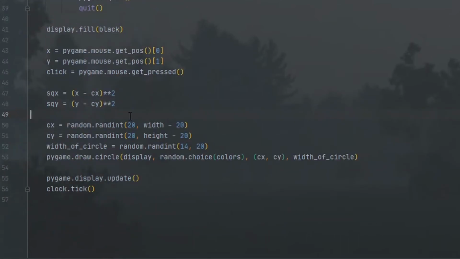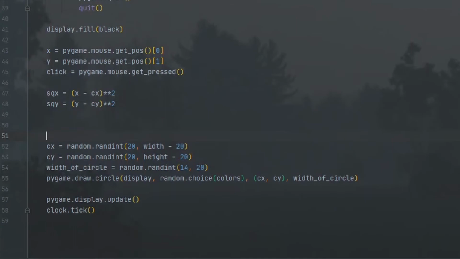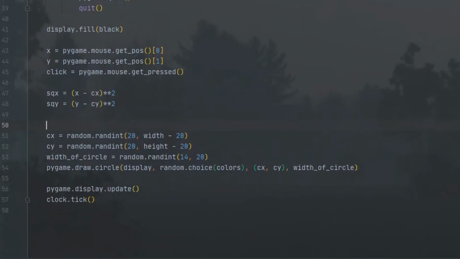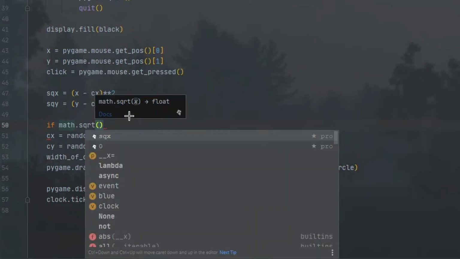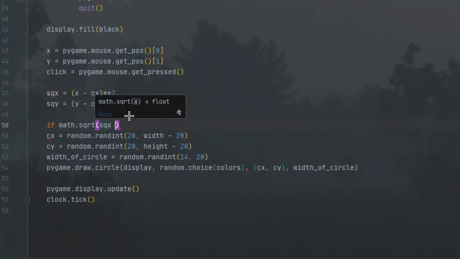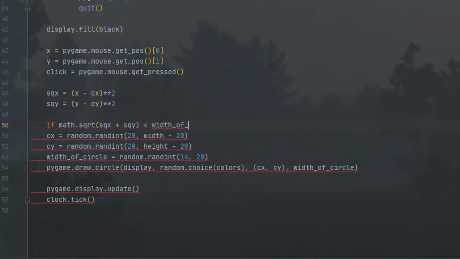So now we are going to check if we actually clicked on the circle. It's a little bit more complicated, but it's easier to understand. We're going to check if math, this is where the math module comes in, math.sqrt, square root of square X plus square Y, if the square root of square X and square Y is less than the width of the circle, there we go, and